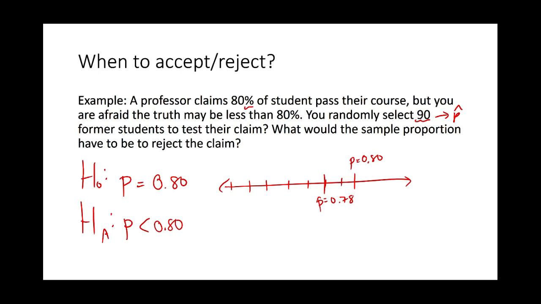Would you still believe the claim? Still be reasonable? You know, but eventually, and this is kind of like what we were talking about yesterday with the Honda example, eventually, if their p hat was like 50%, you're not going to believe the claim anymore, right? Because how on earth could they have an 80% pass rate and yet your sample of 90 people, only half of them pass? That seems pretty unbelievable at that point. Okay? And so what we have to do is we have to decide,